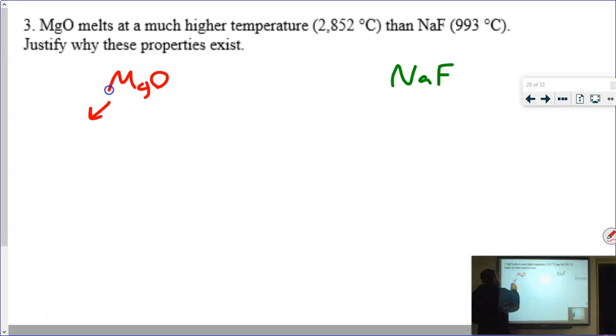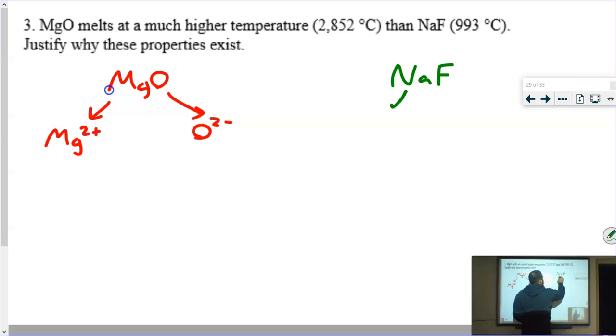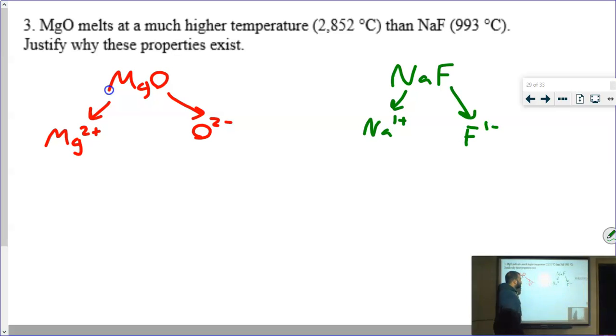This is between magnesium ions that have a 2+ charge and oxide ions which have a 2- charge. This ionic compound is between sodium ions which have a 1+ charge and fluoride ions which have a 1- charge. Okay, this is pretty easy to explain, I think. Why does magnesium oxide have a much higher melting temperature? Well, based on Coulomb's law,